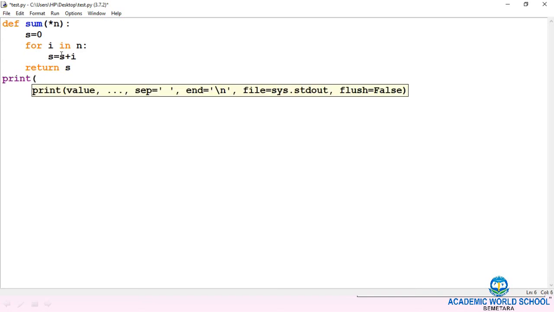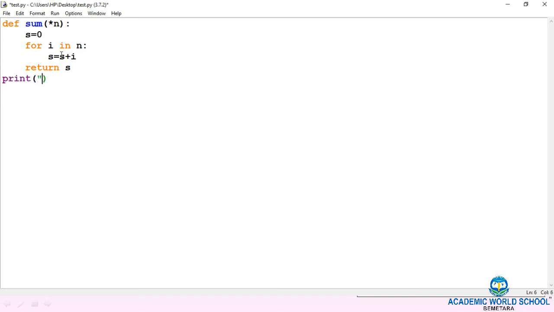Now the sum is calculated. Now I am going to return the sum value. Return s. Now I'm going to call the function with print.